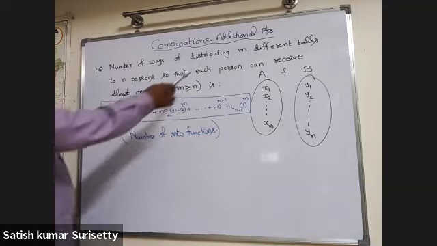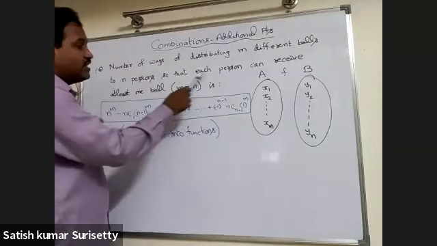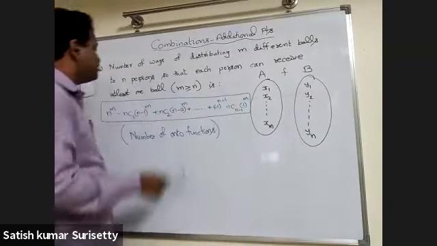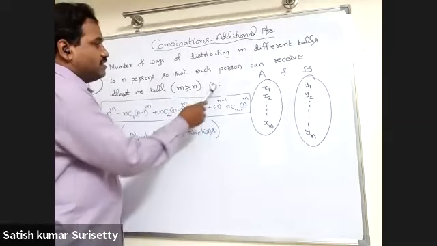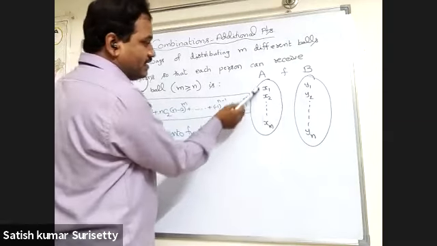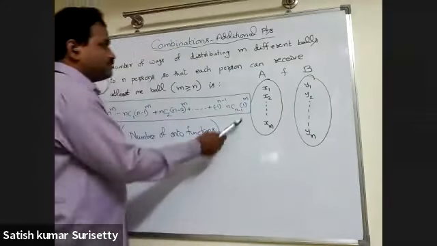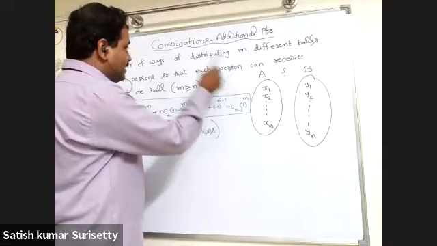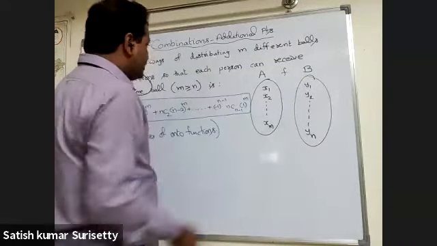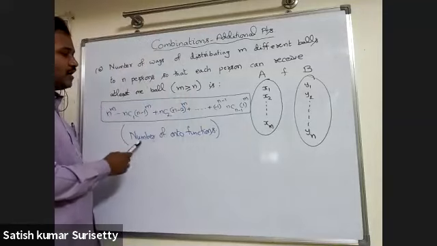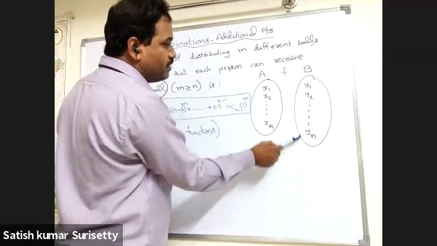Number of ways of distributing m different balls to n persons so that each person can receive at least one ball, where m is greater than or equal to n. Now, that is, set A contains m elements and set B contains n elements. So here this entire statement will be the same as the onto function. That is, this corresponds to the number of onto functions from set A containing m elements to a set B containing